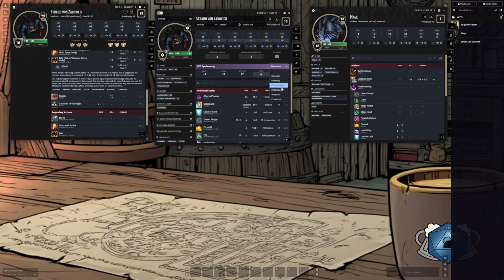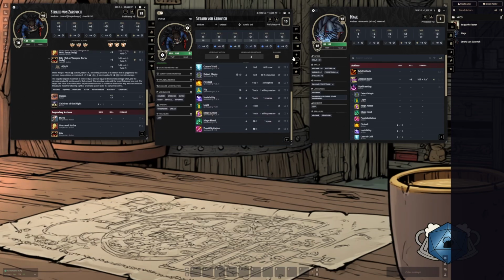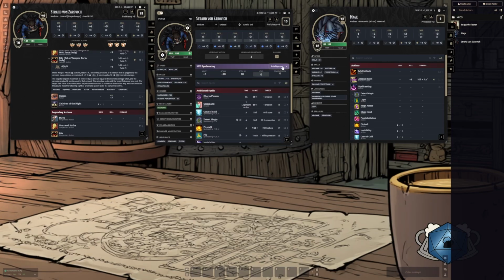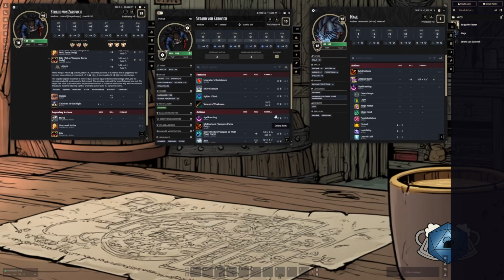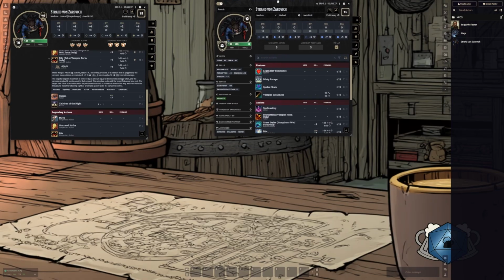You don't really need the spellcasting tab anymore with the way 2024 NPC casters work, but it's still there. I would make sure though to change your spellcasting ability to the ability that is being used, so that it is intelligence. All we have to do is then go back to the feature. We can now edit the feature on Strahd's sheet